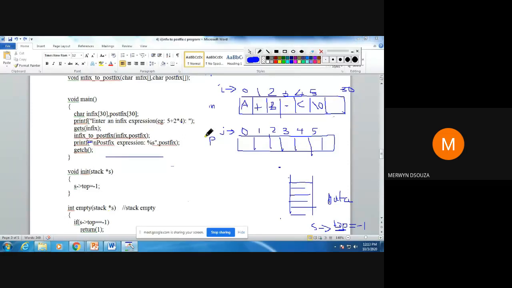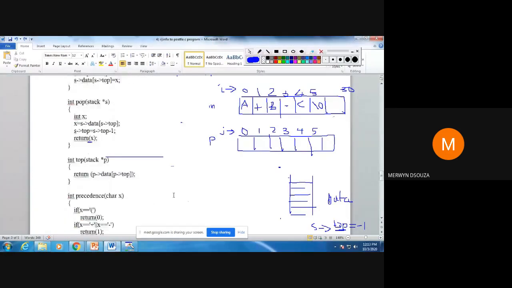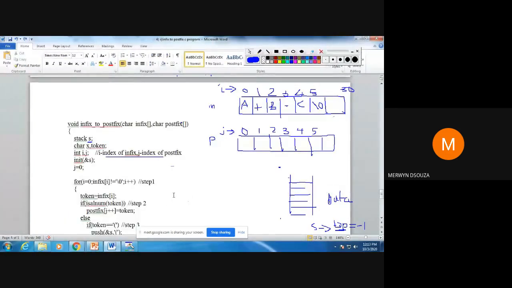From that function, I'm going to pass the address of this variable that I have defined, like I've done here. Whenever you're passing the address, you're going to pass the address by using the ampersand sign. The ampersand sign tells that you're passing the address of that variable.